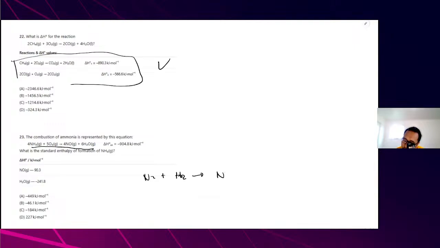It will be N and 2, like NH3 2. And then put it over here 3, and this one is 2. Okay, so remember, for standard enthalpy of something, what we want to know is